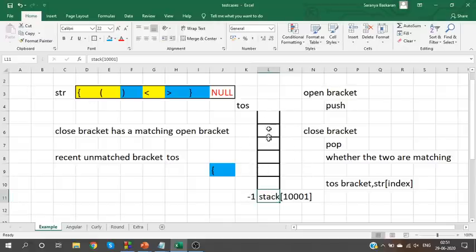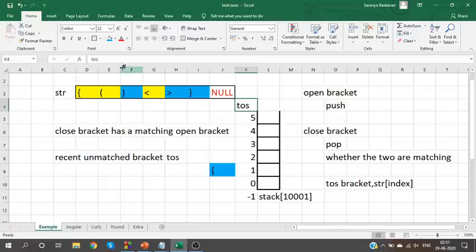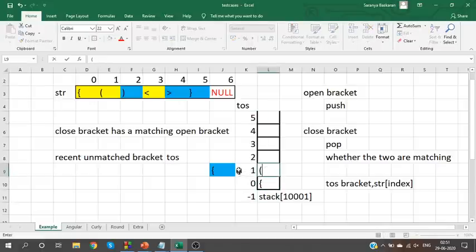Imagine this in the horizontal form, not in the vertical form. So if you imagine this in a horizontal form, you will have 0, 1, 2, 3, 4, 5. These are nothing but indexes. Similar to a string containing indexes, stack will also contain indexes. Initially, stack has to be empty, which means stack index will be -1. Okay. When I add an open bracket, stack index will change to 0. When you add another open bracket, stack index will change to 1. Okay. So as we keep adding brackets, increase the value. When you pop an element, reduce the value.